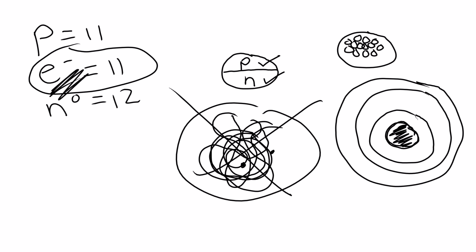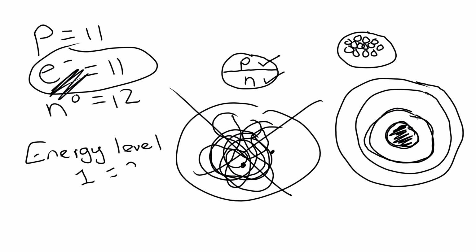On these energy levels is where these electrons exist. So we need to understand how they exist in real life, and we need to portray that on a model, on a diagram like this, okay? So in real life, this one closest to the nucleus, that is your energy level 1. On this energy level 1, we know this is not made up. We don't make this up. This is in real life. In real life, on this energy level, we can only have 2 electrons. That's the maximum. I can have 1 or I can have 2. But once I get to 2, I need to move to energy level 2 to then fill in more electrons.